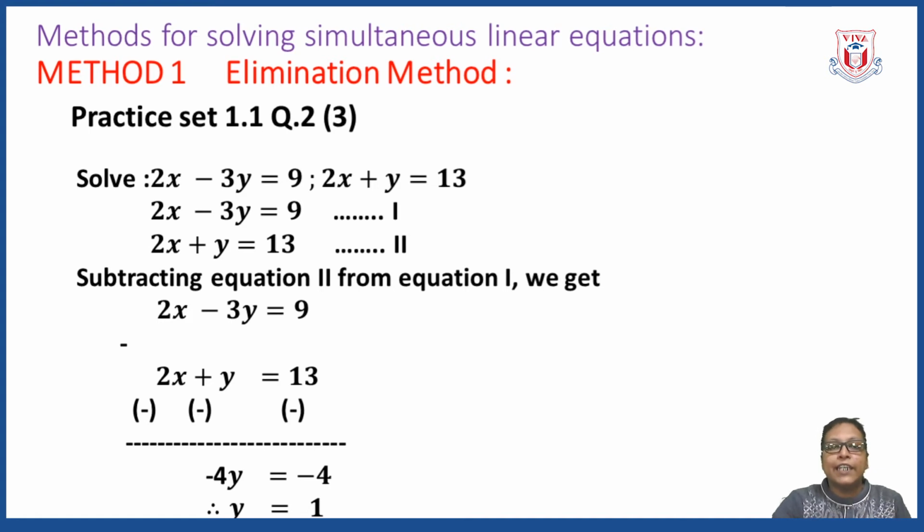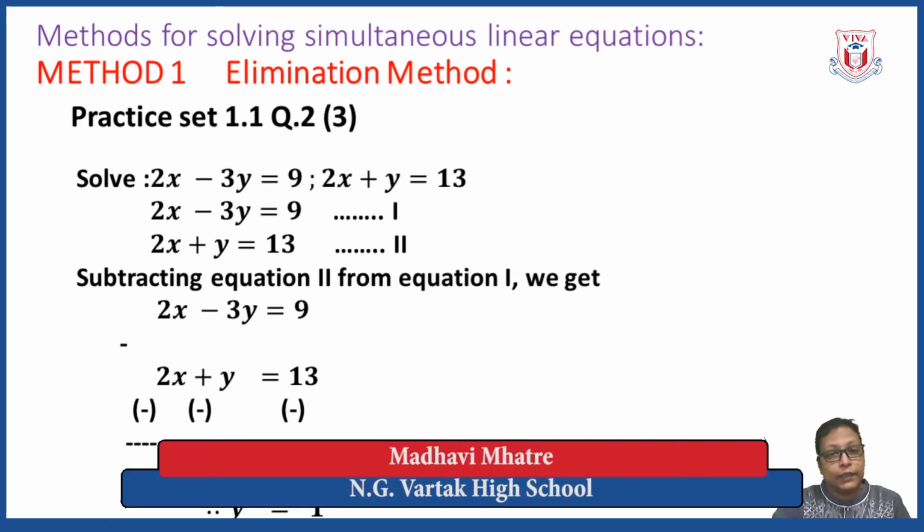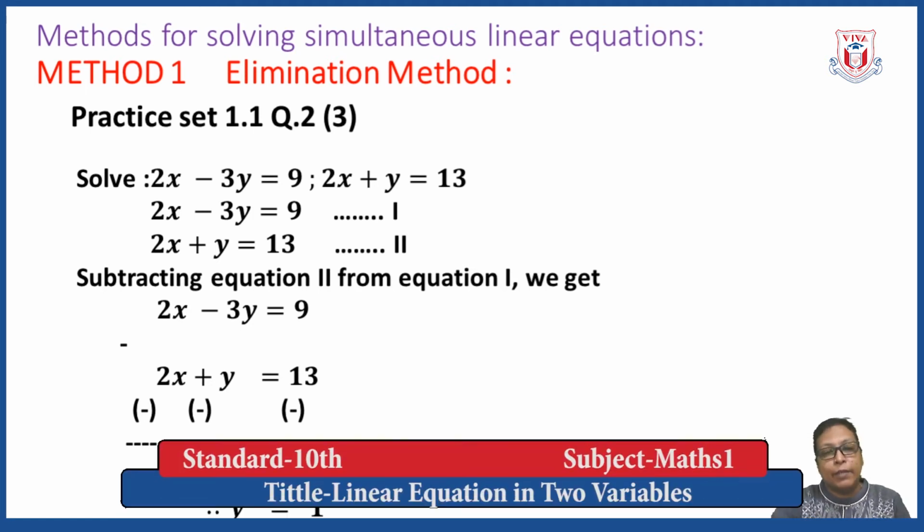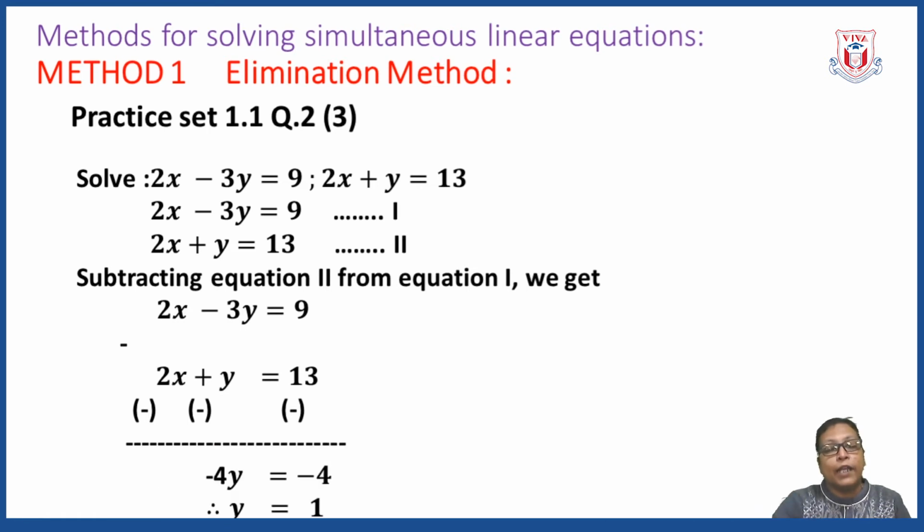Therefore, you can see the change in sign just below the equation. Plus 2x, I wrote minus sign below that, plus y, so wrote minus, and plus 13 is also going to become minus. Now consider these new signs. So 2x minus 2x, 0. In this way, the variable x is eliminated. And here, minus 3y and minus y. As I said, consider the new sign. So minus 3y and minus y will give you minus 4y.